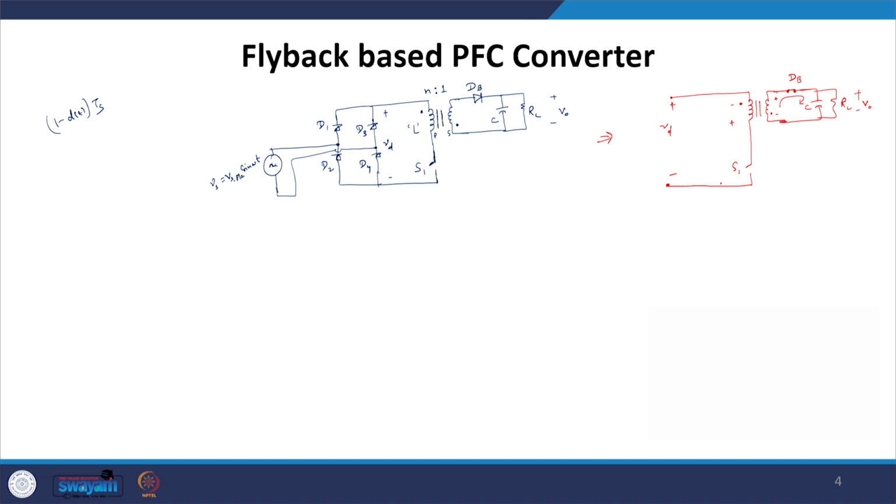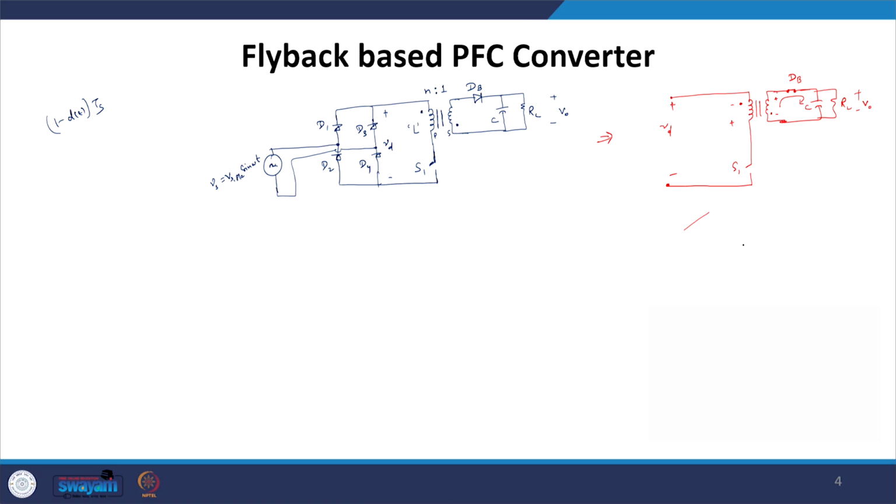In the previous case the core was getting energized, in this case the core will get de-energized, or the flux will decay out. The flux which was built in the core will come back to its original point. The current will be such that the flux goes to 0, and we will be ready for the next cycle to have the flux build up again.